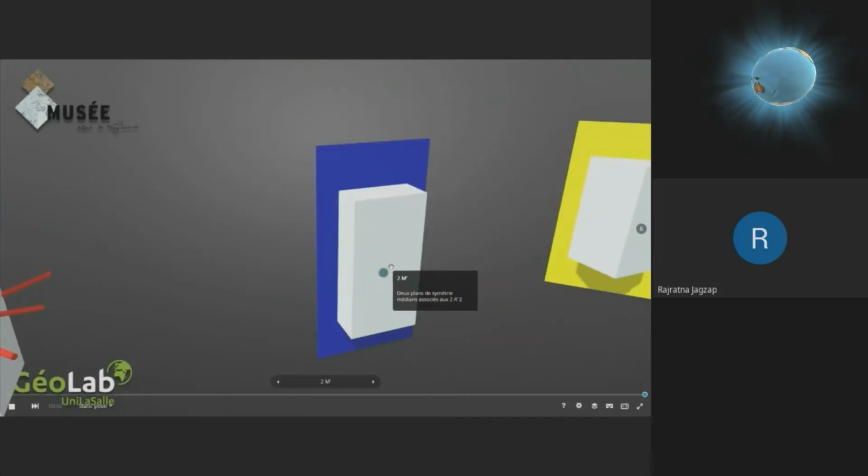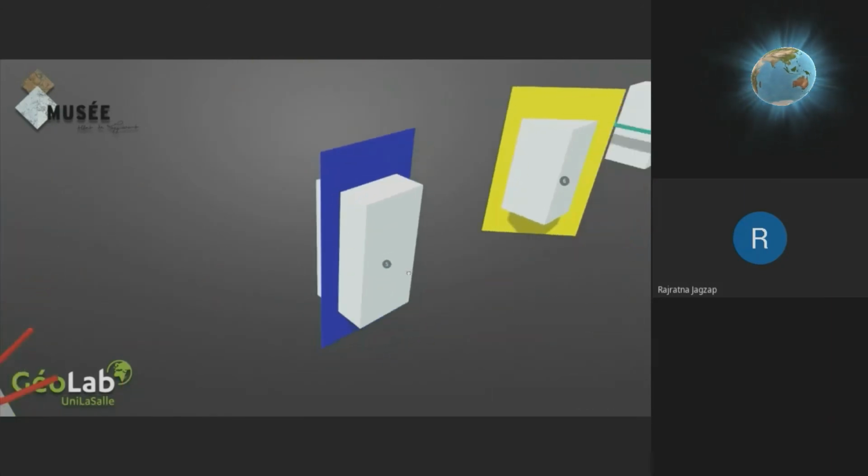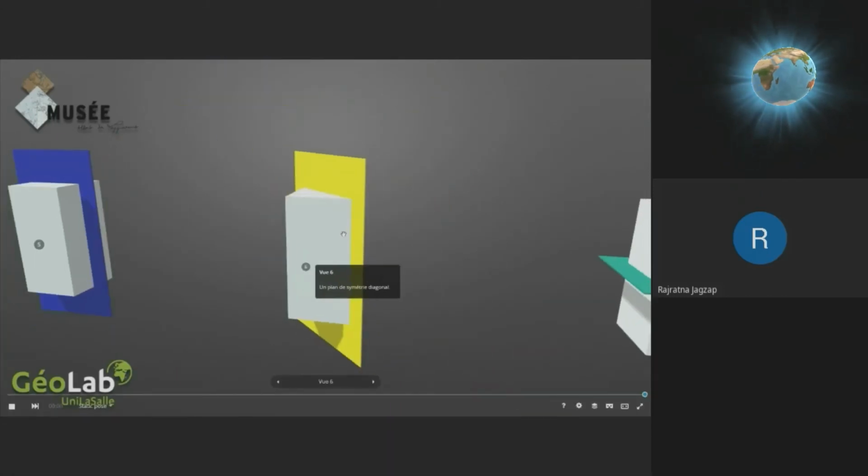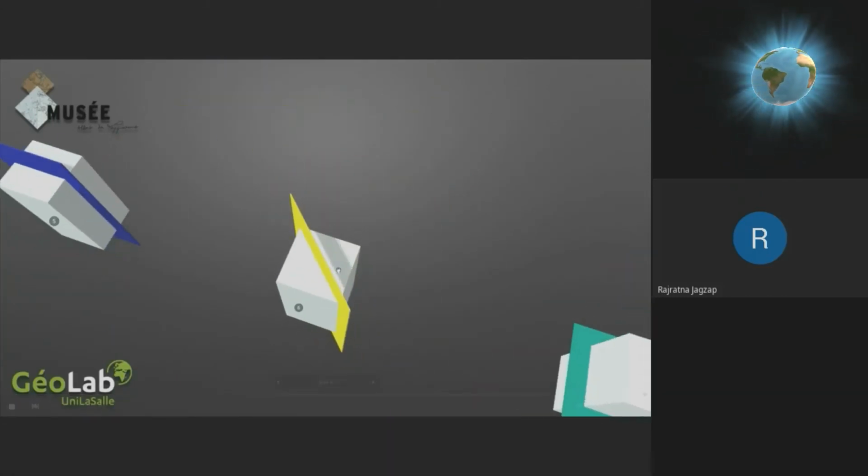What is this model showing? It is showing a vertical plane of symmetry. This is the A3 axis. This is one axial plane of symmetry. What is this model showing? A diagonal plane of symmetry going right to left. The second diagonal plane of symmetry will be like this. First diagonal like this. I can call this first, no problem. Left hand side as the first diagonal, right hand side diagonal is the second diagonal plane.